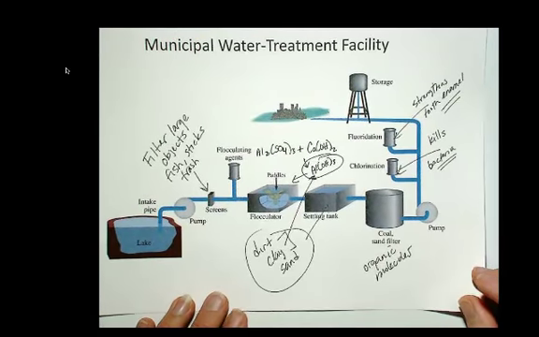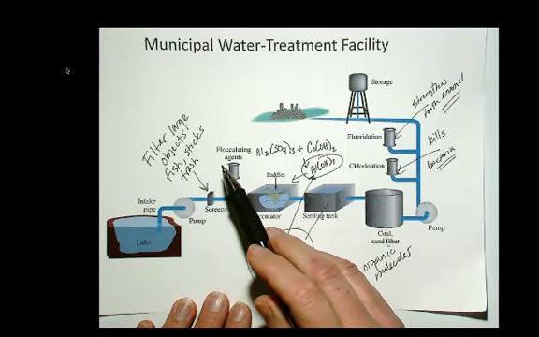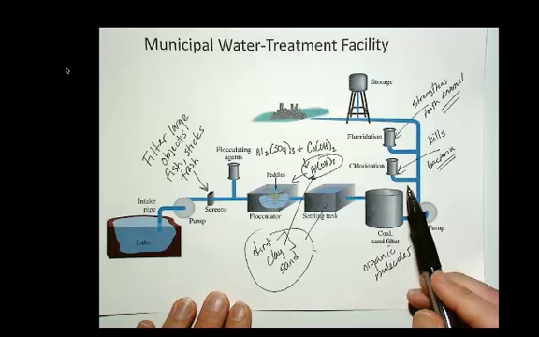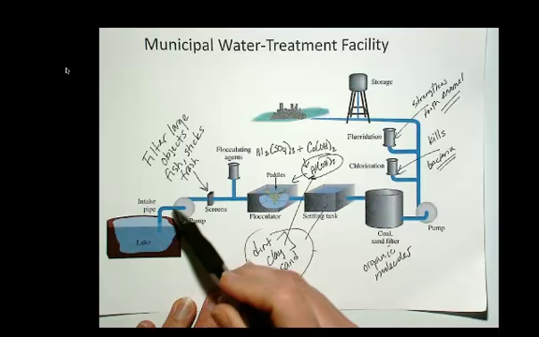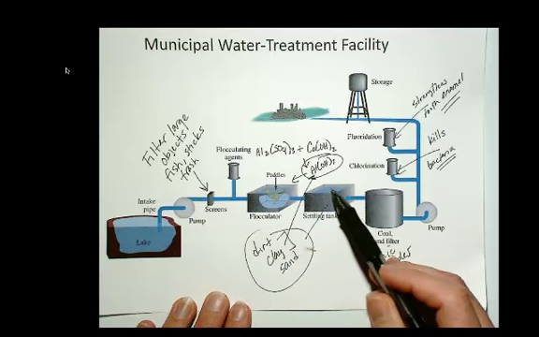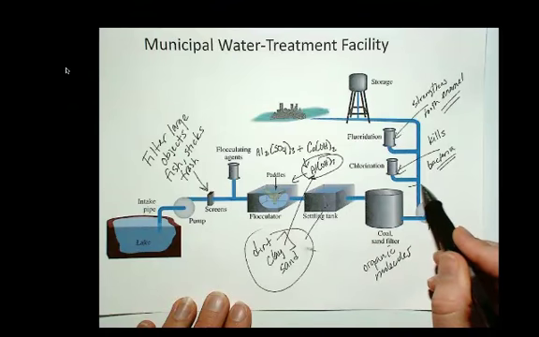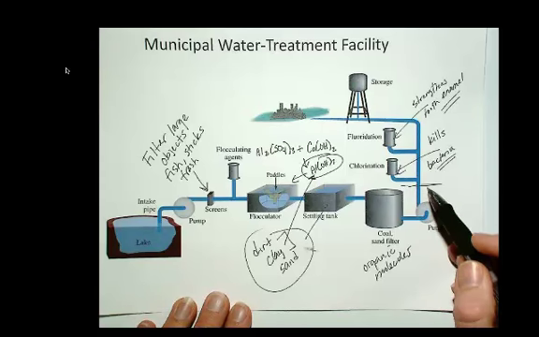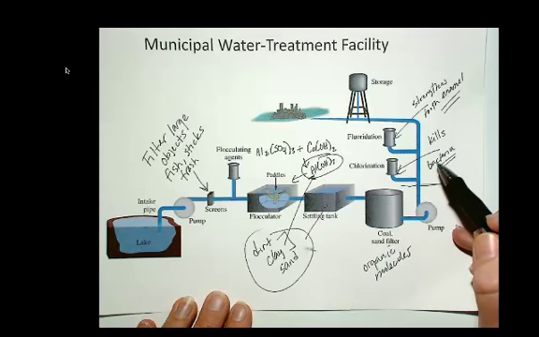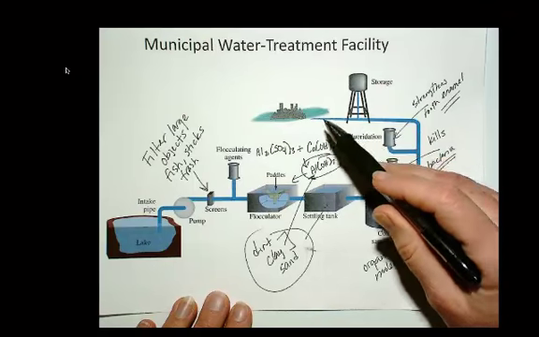If your water source is groundwater, like an aquifer, where a well has been drilled in, all of this part isn't necessary. All of this happens naturally just by water filtering through the earth. So none of this would be necessary. The treatment really starts right here with chlorination and fluoridation of aquifer water, because it's already clean enough at that point. The chlorination kills the bacteria, and then once the water goes into the storage and into all the